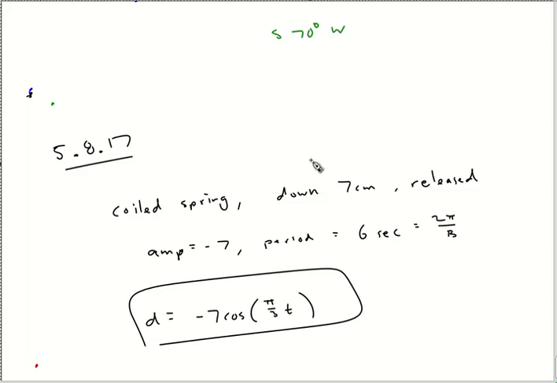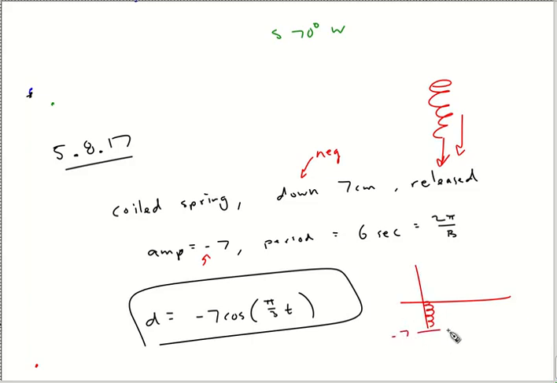What's going on? Well, down means negative. Okay. And it's pulled down from 7 and then released. So why are we using a cosine? I don't know. Okay, well, here's your spring. We're pulling it down. Oh, I know, because at t equals 0, we have some distance. So, okay, let me show you. Here's my spring at 0, and I'm going to pull it down to 7, okay? Negative because it went down. And then I release, and it goes